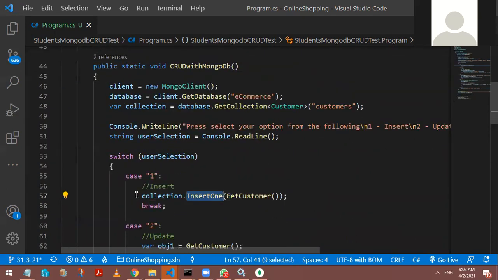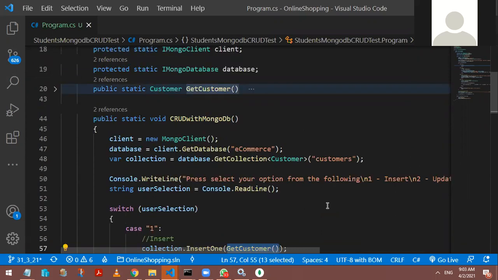Insert one. So this simple one line of code is actually inserting your object. Which object would you like to insert? I want to insert the object of customer. So the get customer function will get that customer object. So where is the get customer function? There's one helper function I kept because this function is really required every time to get the input.